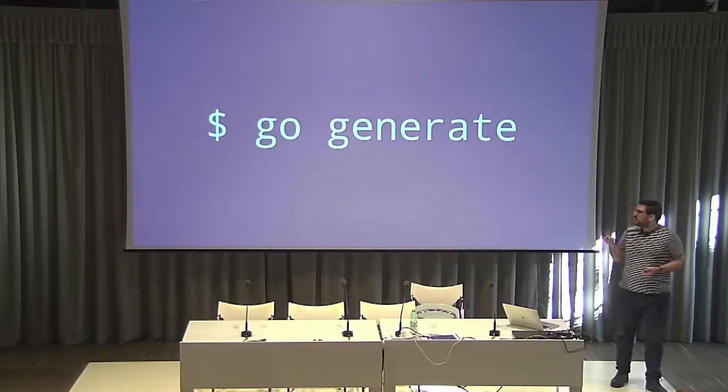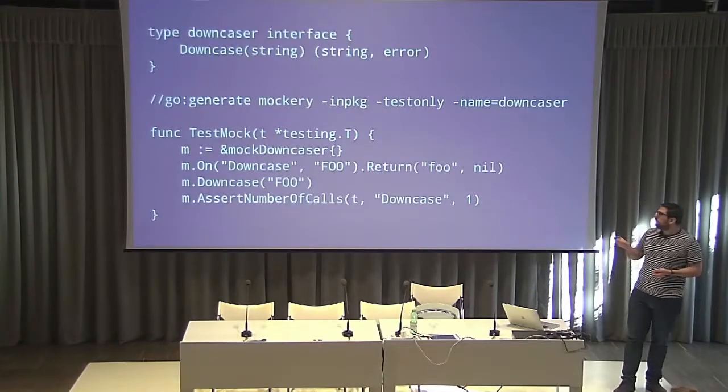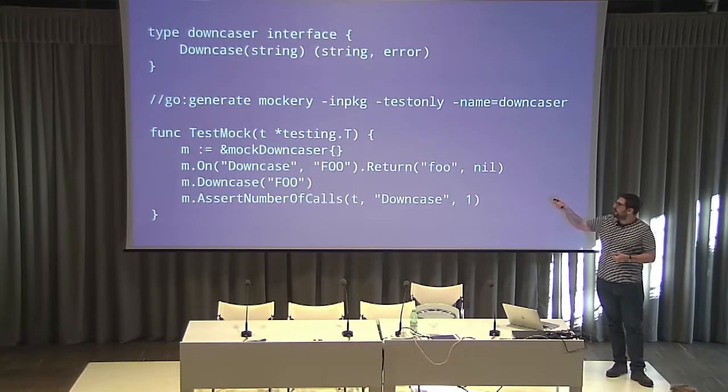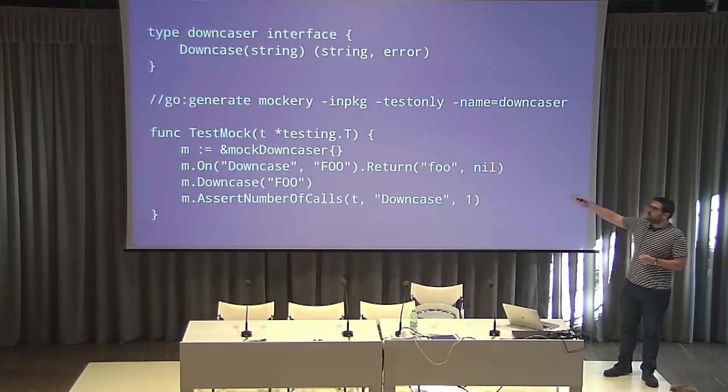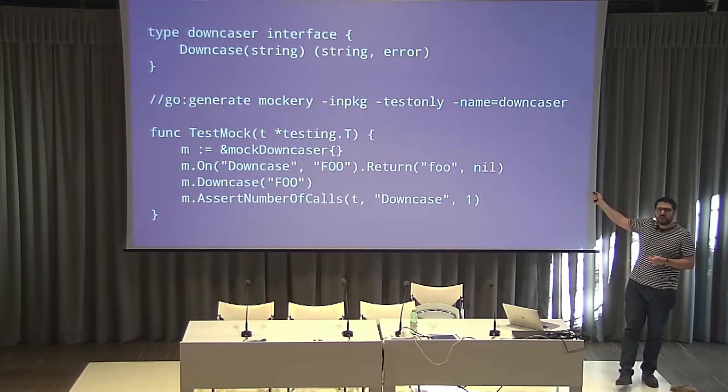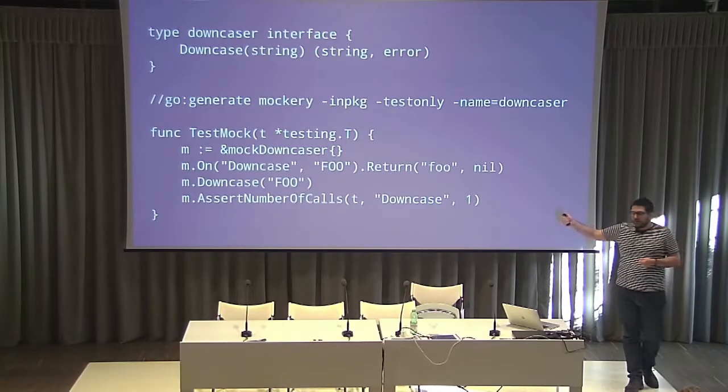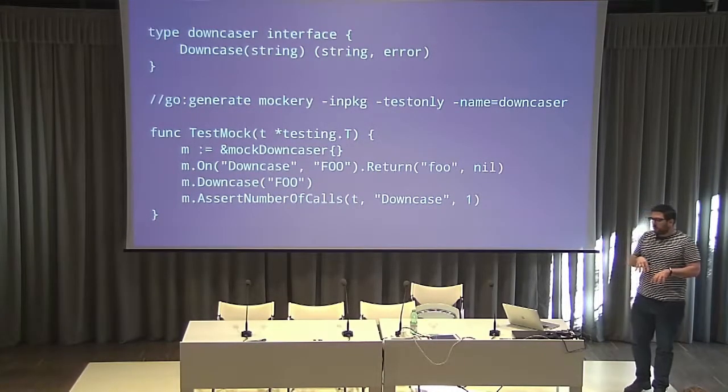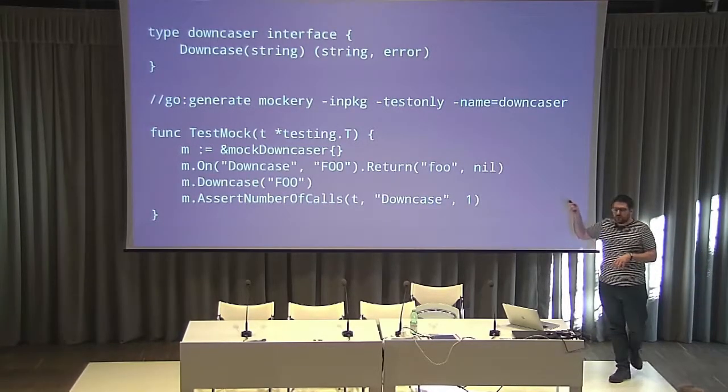And what Go generate does is it reads your source code and looks for comments that start with go:generate. What goes after that is a command that is going to be called on your system when you run Go generate. So now, instead of having to call Mockery manually, what I'm going to do is add this comment into